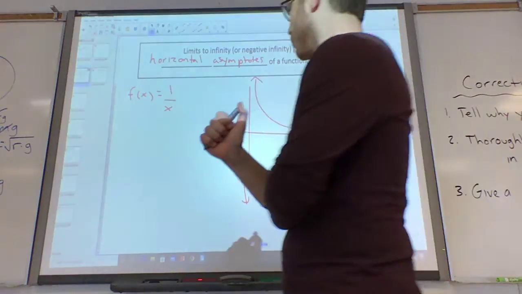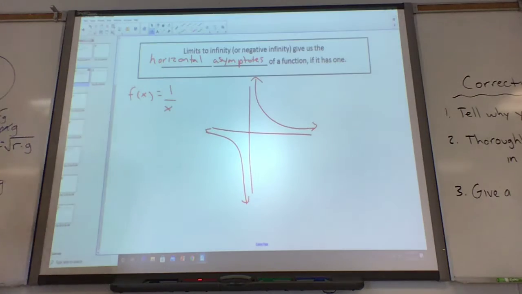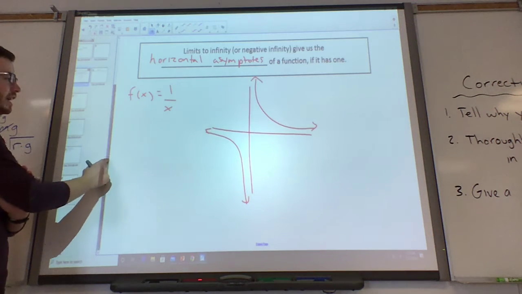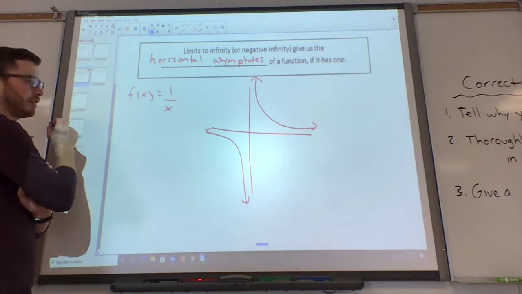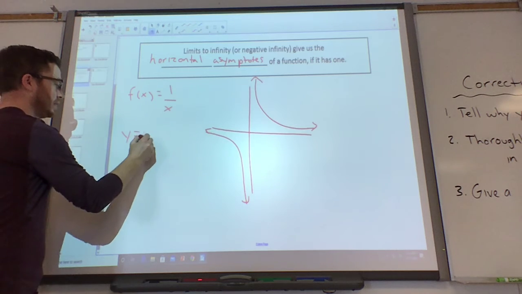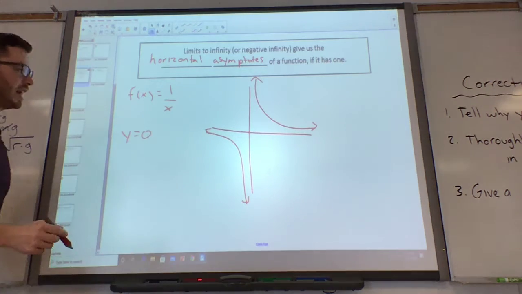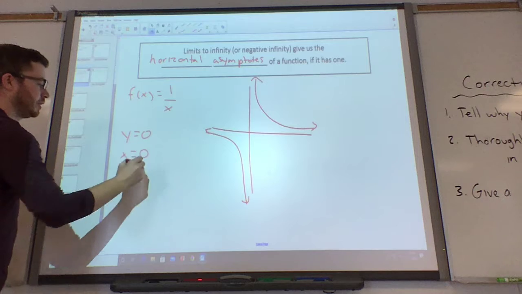So what do we know about this function so far? It's got a horizontal and vertical asymptote. Yeah, perfect. It's a horizontal and vertical asymptote. Okay. So at y is equal to 0, we have an asymptote, and at x equals 0, we also have